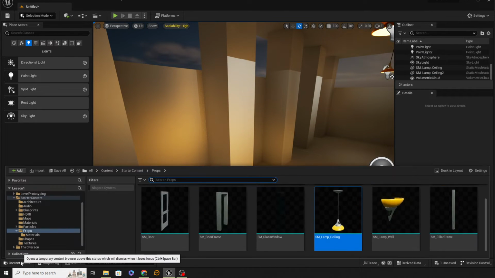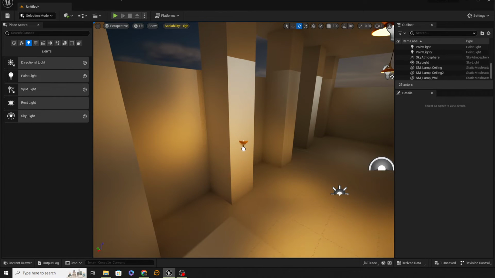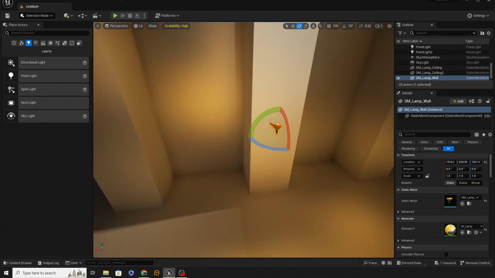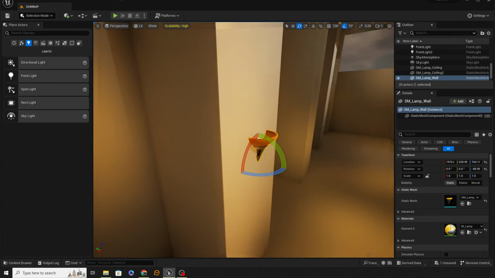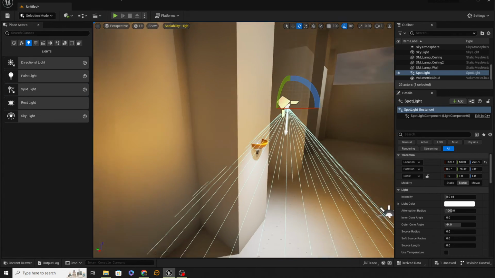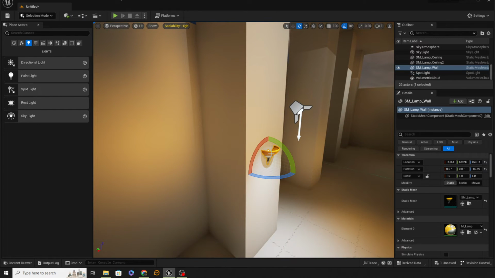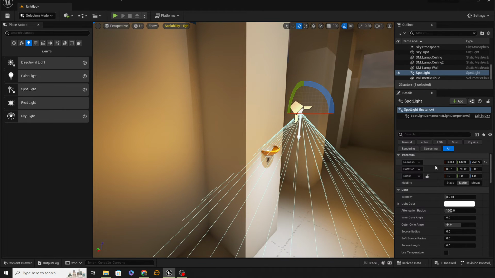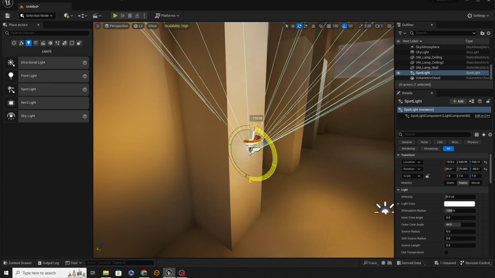So I'm going to get my content drawer again, and let's get this SM lamp wall, and I'm just going to drag it to this wall. There we go. Now it's at a 90-degree angle, so I'll turn angle snap on and just drag it 90 degrees. There we are. And let's get our spotlight, and I'm just going to put that there. Now, I would like this to be in the same position as this, so we'll do what we did before. I'm going to right click, copy the location, and then right click, paste the location for the light, and then I'm going to face it upwards